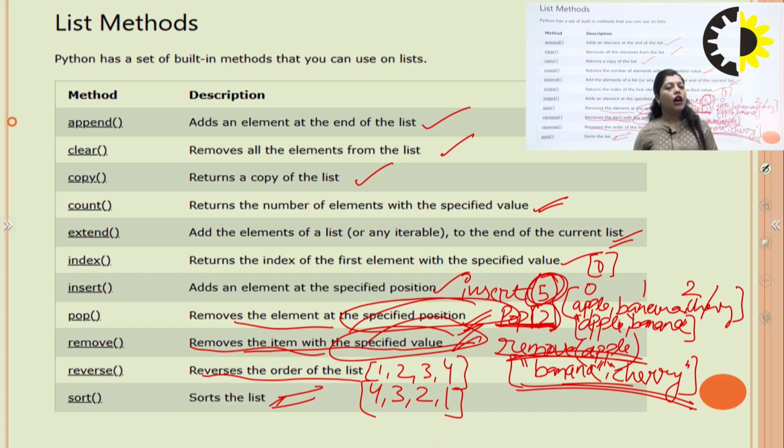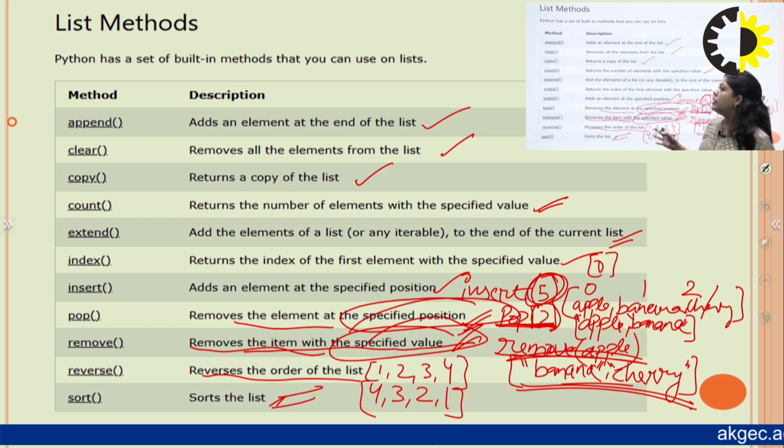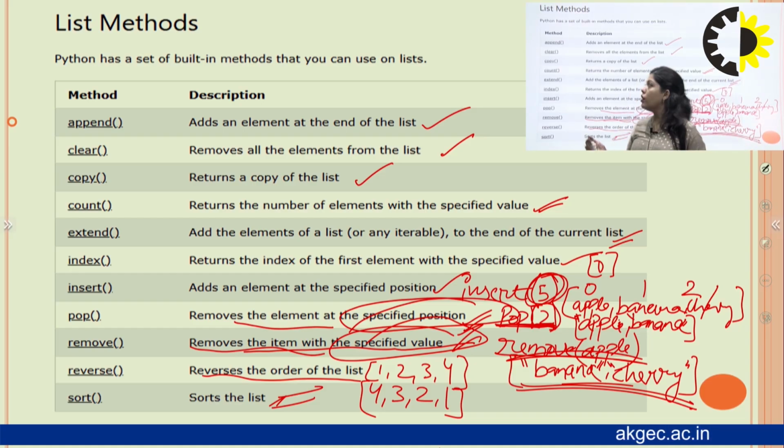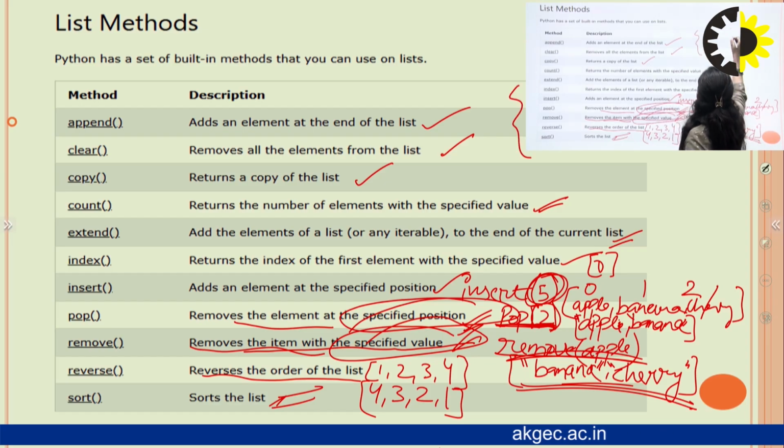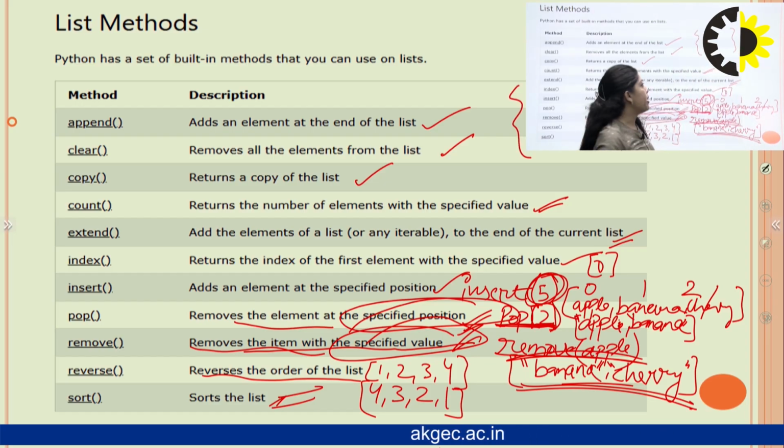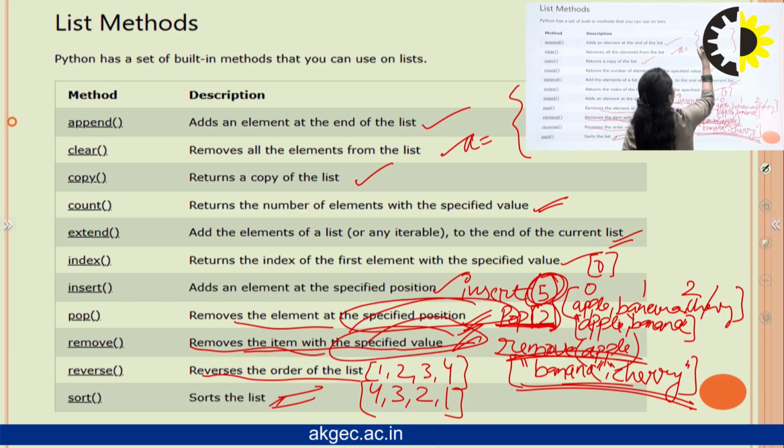Similarly, another data type in Python is the tuple. We have tuple methods just like list methods. Another data type is the dictionary. In a dictionary, we have key value pairs. Another data type is called set. In a set, we can write the items in brackets. For example, A is equal to 1, 2 and 3.